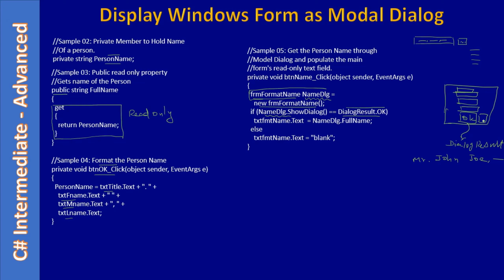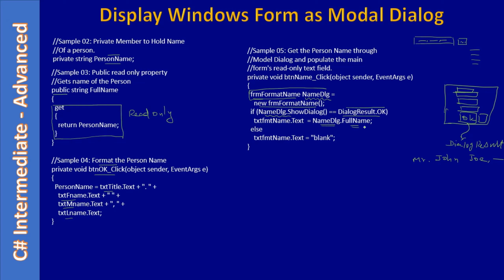Similarly, for the Cancel button also we need to set a DialogResult. Here we will set OK, here we will set Cancel. That means if the user clicked Cancel, when nameDlg.ShowDialog returns, it will return the constant for Cancel. When you compare that with DialogResult.Cancel, we will get true. Here we are just checking whether the DialogResult is OK. That means the user clicked OK. If that is the case, nameDlg